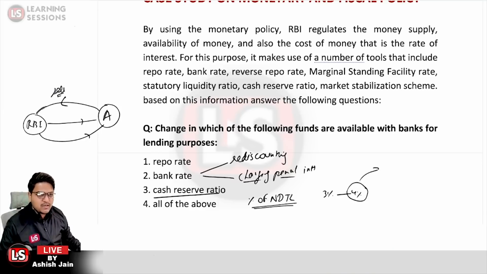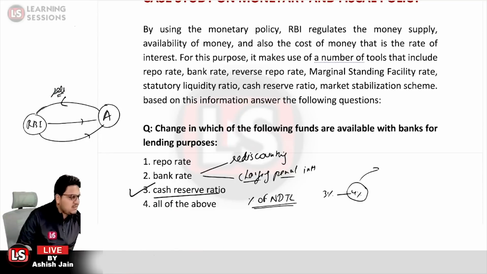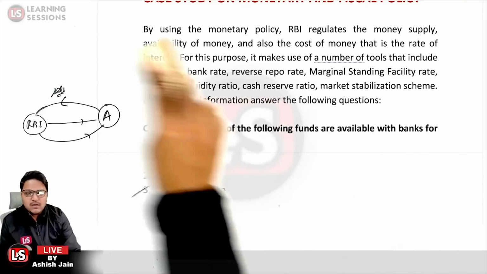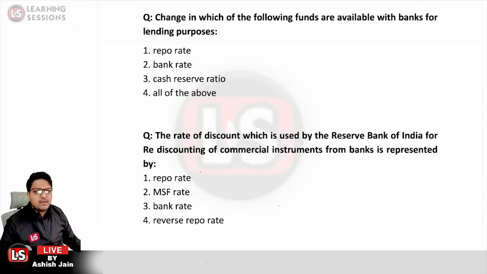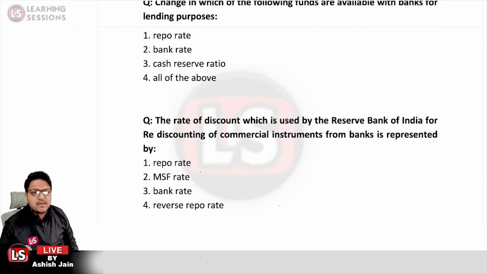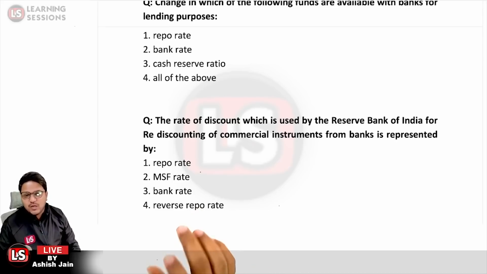So option C over here will be the right answer. Let me mark the question. Option 3 is the right answer in this particular case. Now let's move to the next question over here. It says the rate of discount which is used by the Reserve Bank of India for rediscounting of commercial instruments from banks is represented by,